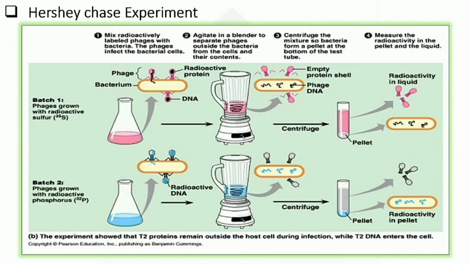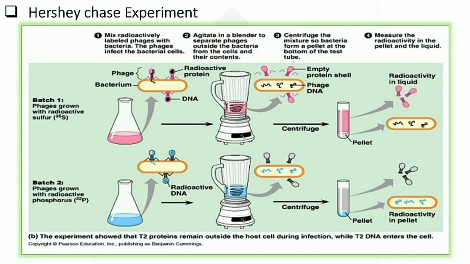So what they did, they took a bacteriophage, in which the DNA was labeled with radioactive P32 and the protein coat was left non-radioactive. We all know that in the nucleotides of DNA a phosphate group is present, so they replaced that phosphate with radioactive P32 phosphate. Now after replacing the phosphate with radioactive P32, they allowed the bacteriophage to replicate by exposing it to a sample of bacteria.